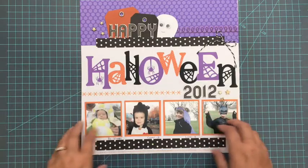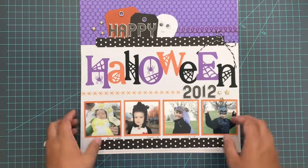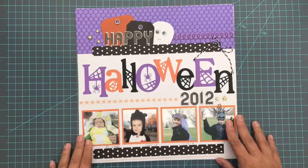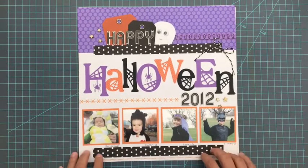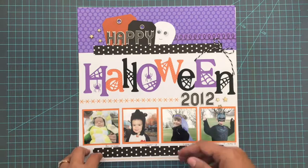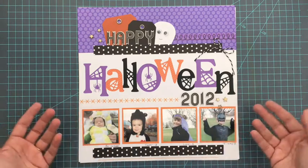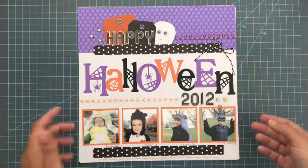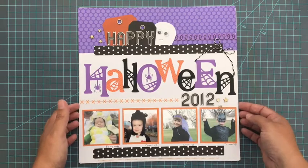So let's get started. This is the first one, and on this one, let's say you don't have a lot of Halloween supplies, budget's tight, you don't want to go out and buy a whole bunch. Think about going with products that are somewhat neutral and can work for Halloween. So everybody knows black and orange are your base for Halloween. You can add in purple, you can add in greens, you can add in yellows, and that will look like